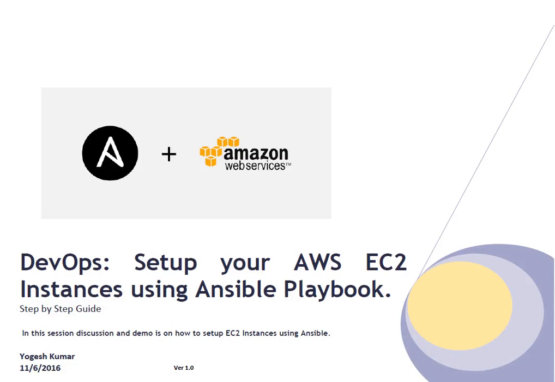My name is Yogesh. Today we are going to discuss one of the DevOps topics: how to set up AWS EC2 instances using an Ansible Playbook. Friends, in DevOps culture, it's not worthwhile to manually set up EC2 instances. Instead, you want to automate all the EC2 builds. One requirement where automation of EC2 instance creation would be helpful: